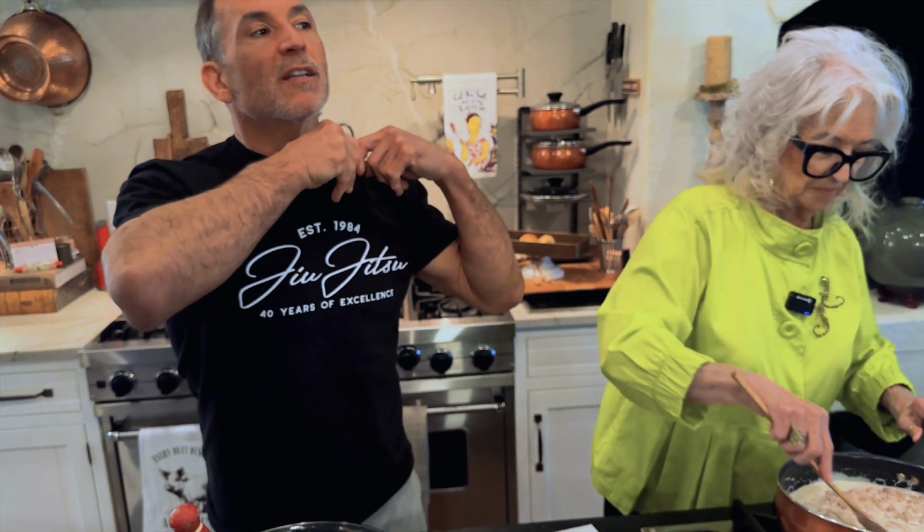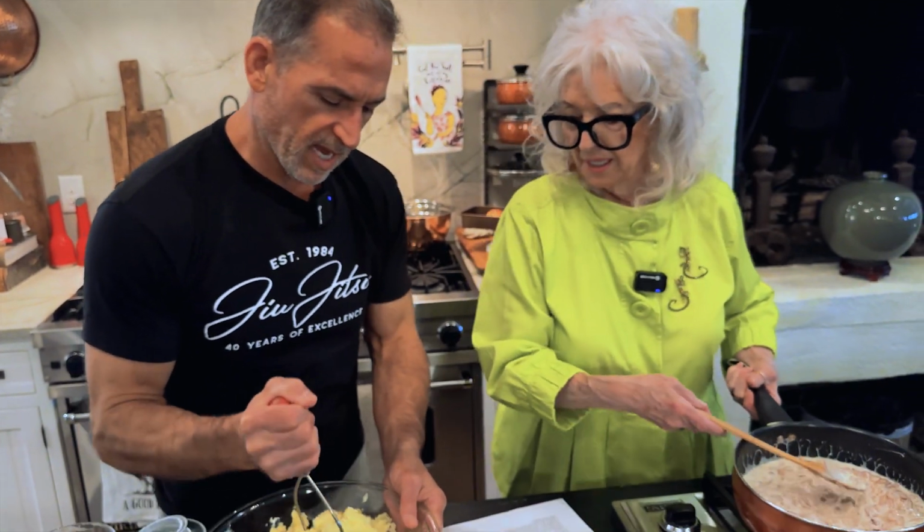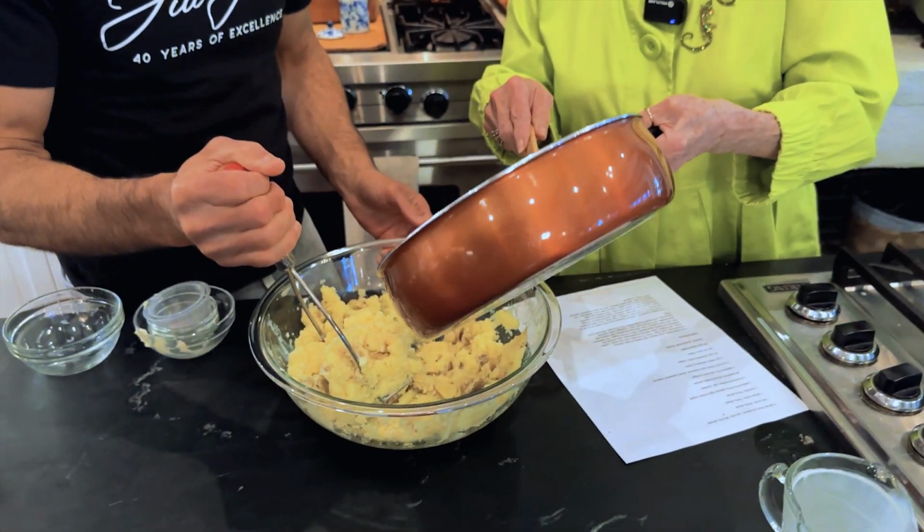Okay, yeah. Kind of loose out front. That's how we operate. Loosey goosey. Bacon and onions and heavy cream. Yes, that just smells like...